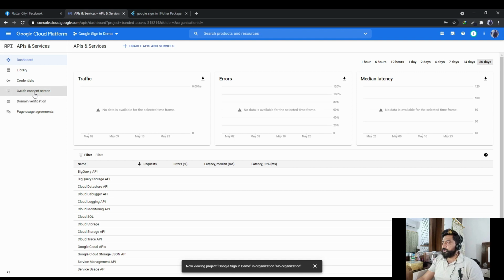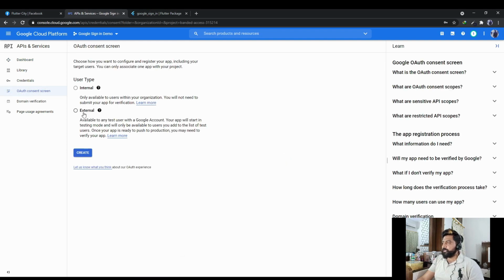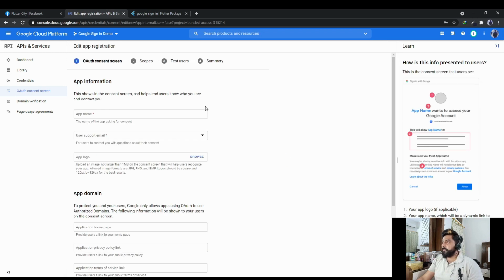Now go to the OAuth consent screen. In that screen select external and then click create. Now we have to give app information in this form. So what does this information do? Well, this information will display on the dialog box of Google sign in that will appear when the user presses the login with Google button. So first we have to give the app name,